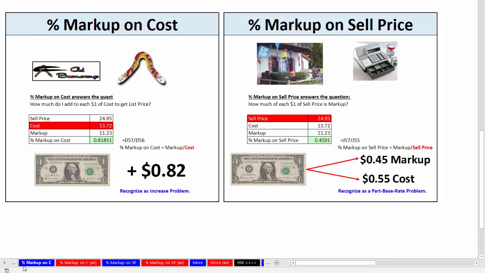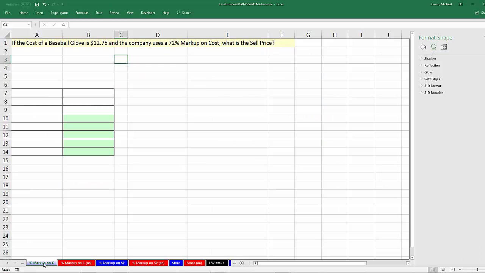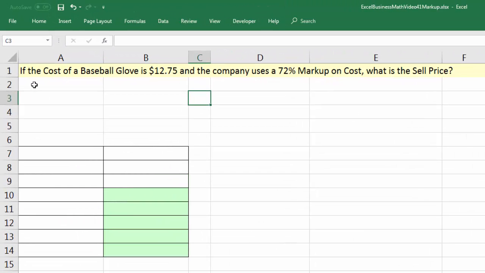All right, let's click on the sheet, percentage markup on cost. Here's our problem. If the cost of a baseball glove is $12.75 and the company uses a 72% markup on cost, what is the sell price? Now, this is a great problem because this is typically how it works. They know the cost for the product they made. They know what they want their markup to be, markup on cost specifically, and they need to determine sell price